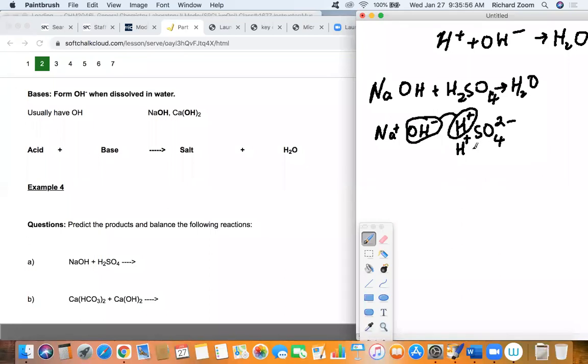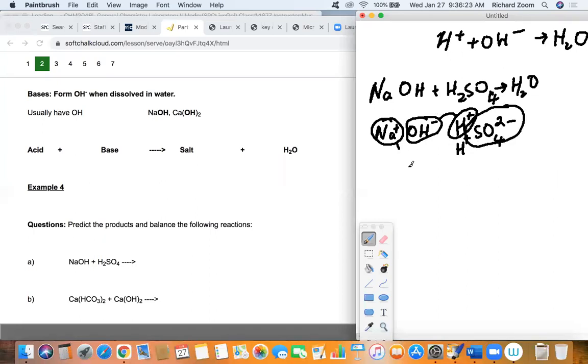Now you might be wondering, and this is the big question that students always have, well, what do we do with this H plus down here? Why don't we form H3O or something like that? I mean, in order to balance this out. Well, because that's not our first priority. Our first priority is to figure out what compounds we're getting, and then we balance the reaction at the very end. We know that the other things we're getting